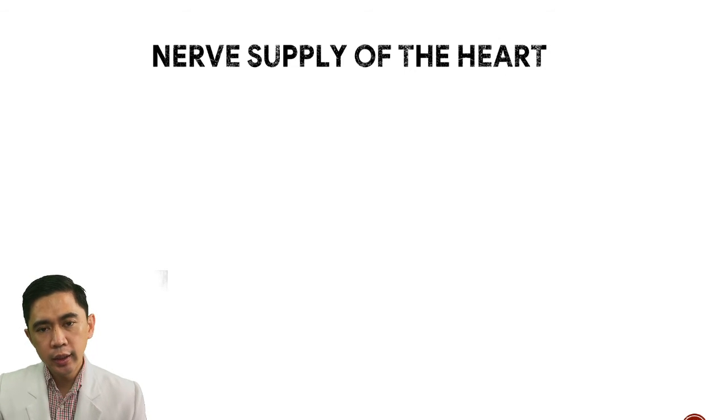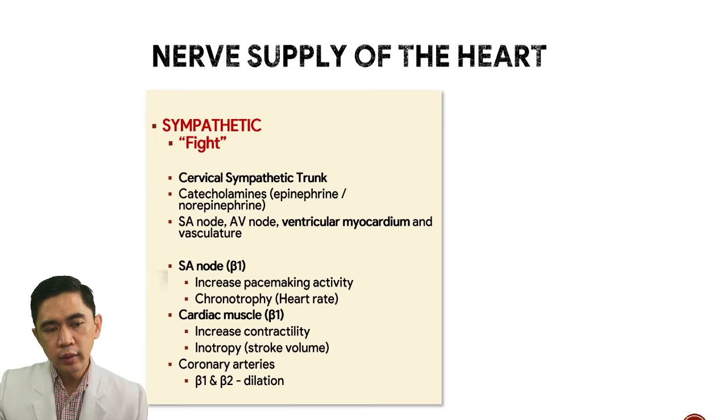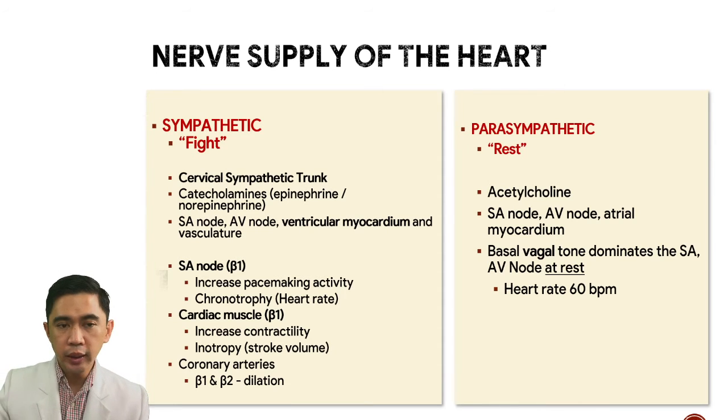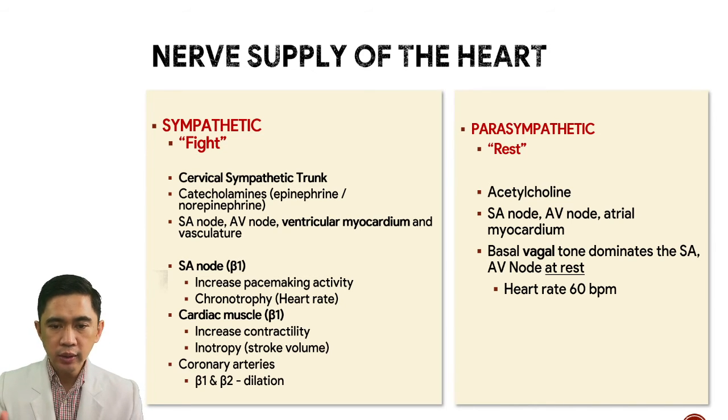So earlier I said that the heart is heavily influenced by the autonomic nervous system, the sympathetic and the parasympathetic. Sympathetic means fight, it has to do more work, and parasympathetic is rest, and it does less work. So the sympathetic innervation to the heart comes from the cervical sympathetic trunk, and it has catecholamines as the main mediators, and it has endings at the SA node, AV node, ventricular myocardium, and the following receptors will cause increased